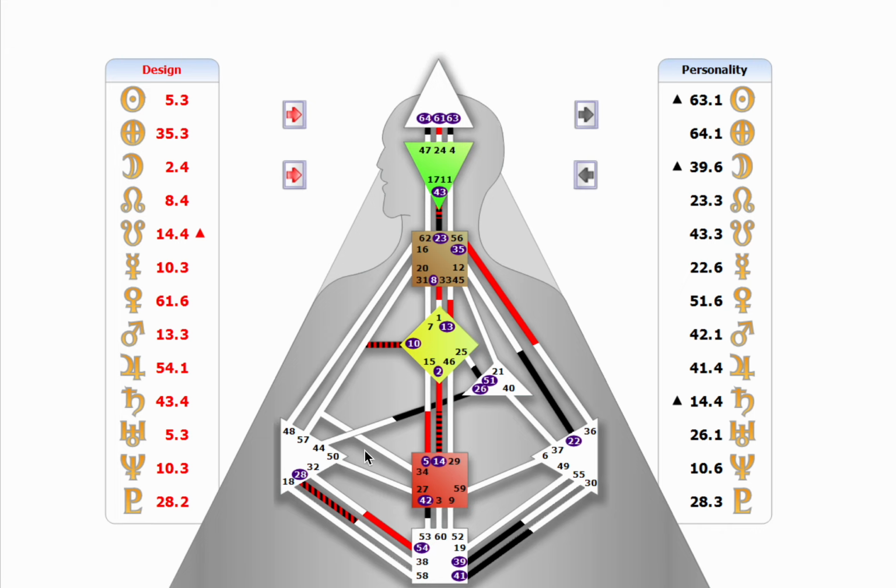And what will happen if you have, like I do, an open spleen is that sometimes you're experiencing a lot of fear about survival that can definitely come up. Sometimes what happens with people with open spleens is that we can kind of cling to someone who has a defined spleen, even if they're not very healthy for us. Even in extreme examples,